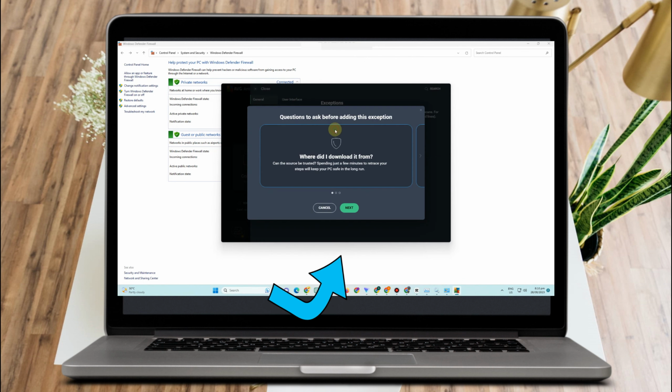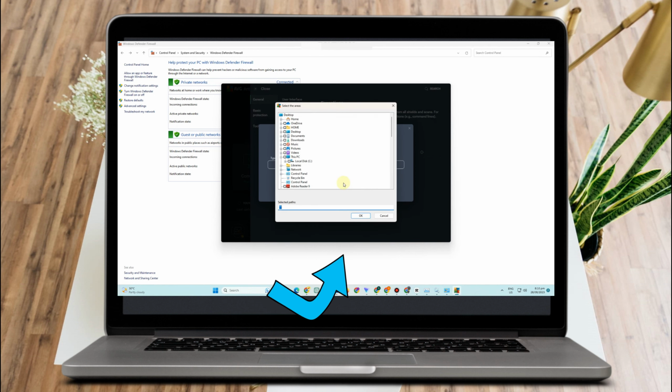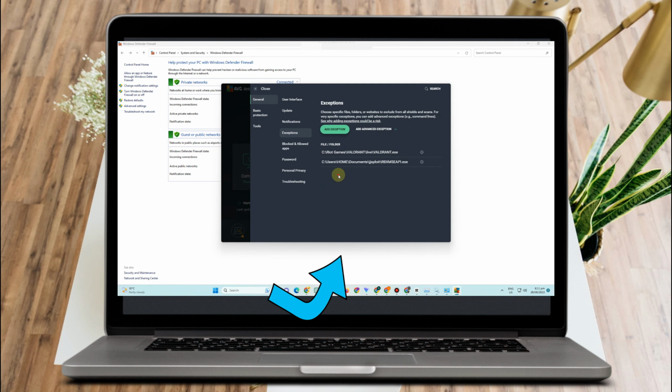So to do that, you just have to go to the settings of your antivirus, and then you just have to click exception. Go to settings, go to exception, click browse, and all you have to do is to go to local disk and then look for program files, scroll down, and then look for Valorant. Click Riot Games first, and then look for Valorant. Okay, and then you just have to tap this box here. Click OK. Now click browse again, add exception rather,